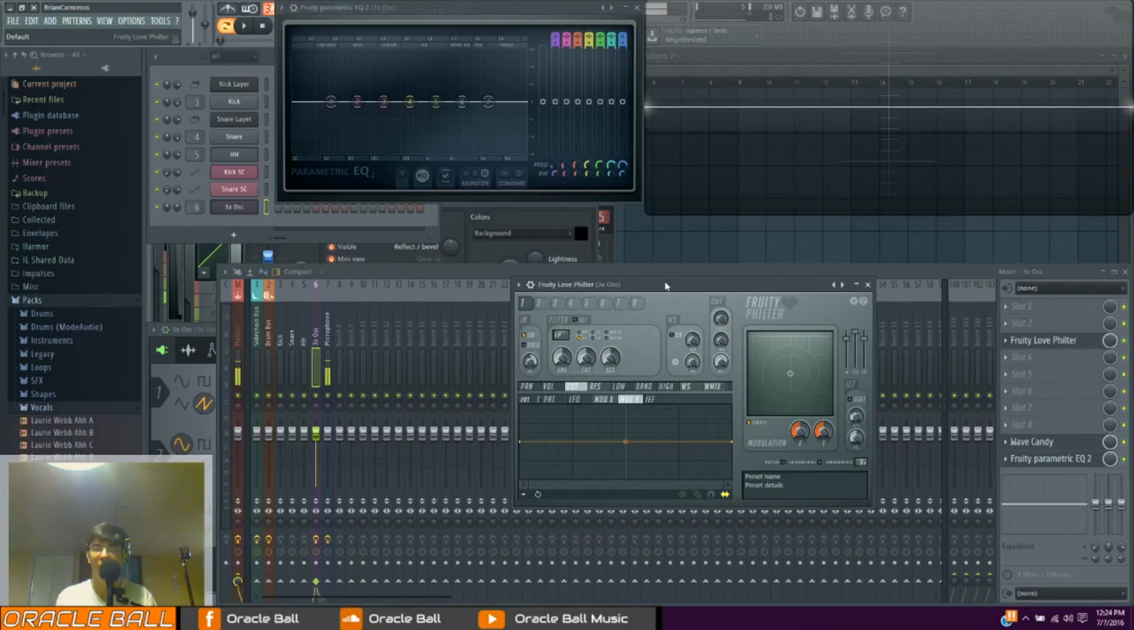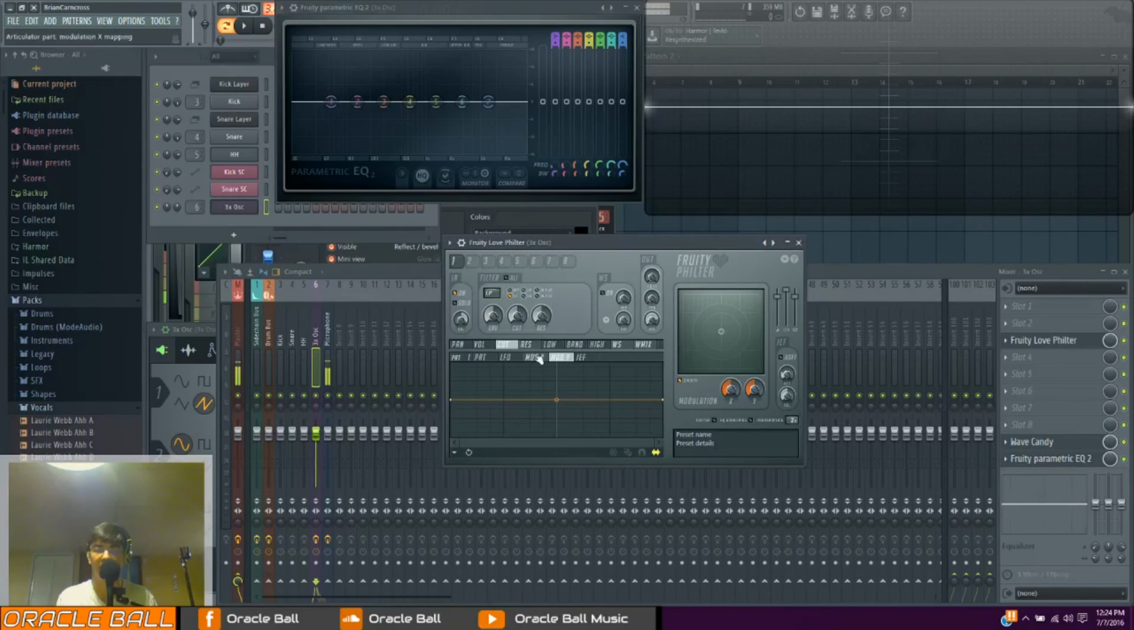But what I like to do with the Fruity Love Filter is I have it at normal mode. I change the filter to a low pass, and I leave the cut and resonance in the middle. Then down here you see I have pan, volume, cut, resonance, low. These are different envelope sections that you can use to control different parameters. So when I go to cut, I'm going to be looking at what I can do to this knob. And I have mod X. So what this lets me do is